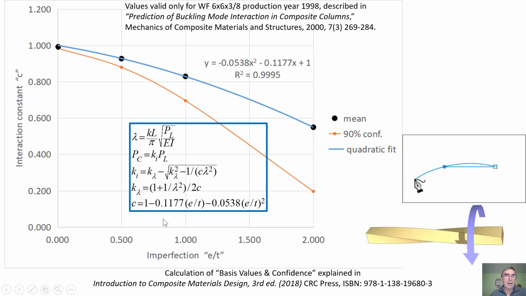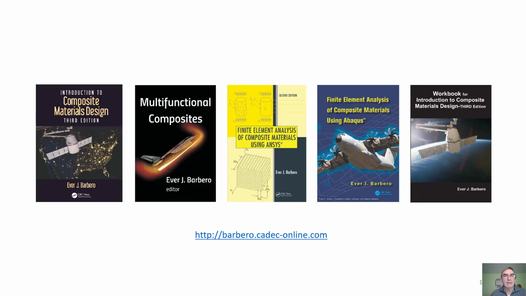So up to this point, we have everything because we get the imperfections from the manufacturer. With that, we calculate our imperfection. With the imperfection, we have C. Once we have C, we can calculate the actual load capacity of the column, and then we apply a safety factor, or load factor, or resistance factor to that, and then pretty much we're done. Now, if you want to dig into all these things, then you can read one of my books, which are here on the screen.